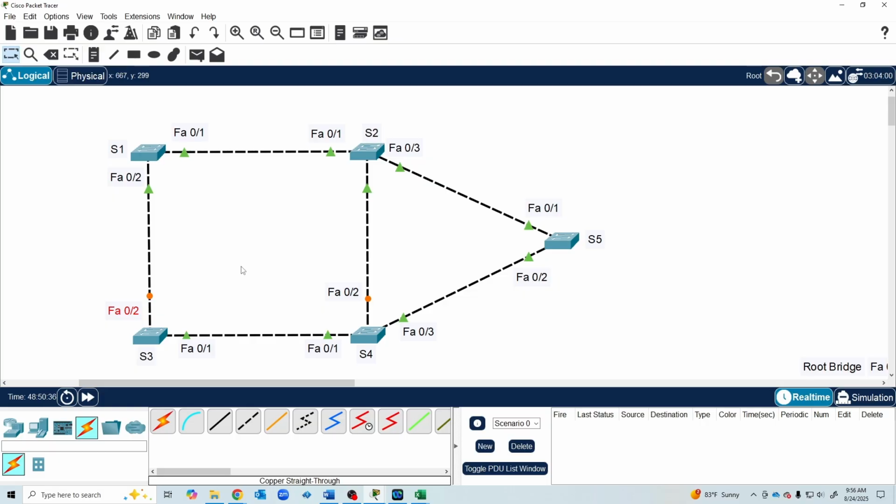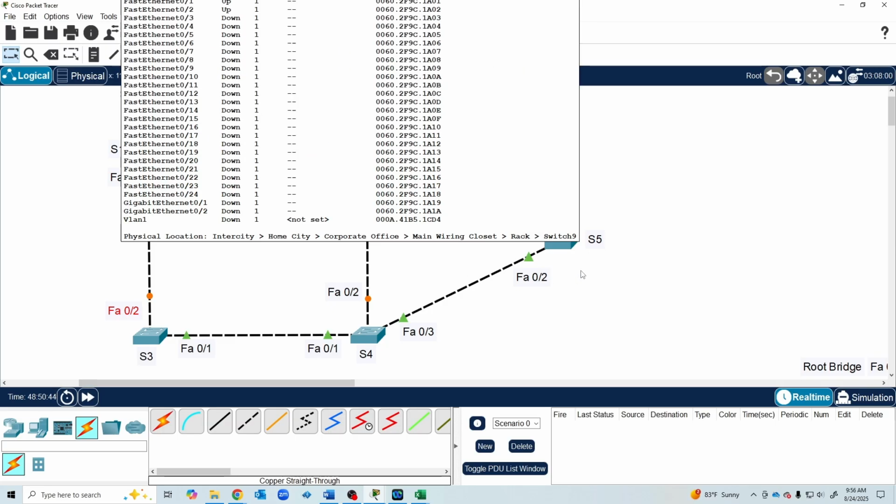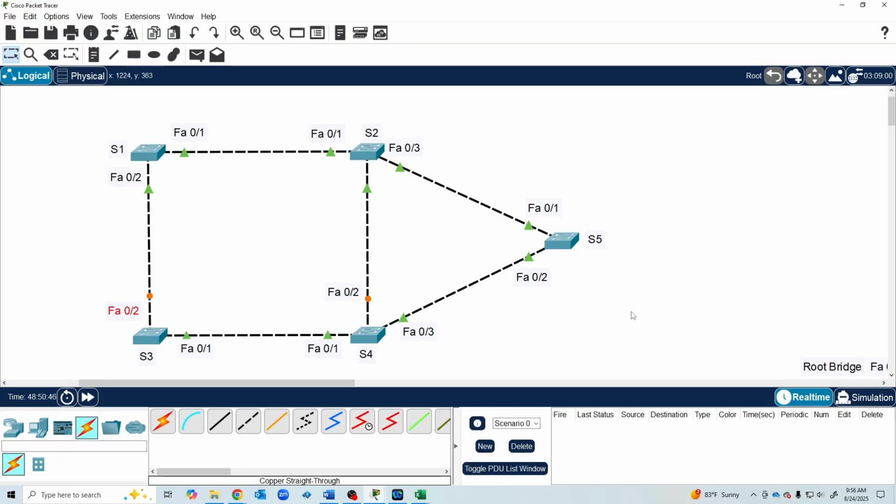We can influence that and we'll get into it, but if yours does not look like this, that's fine. In this example, S5 is my root bridge. The way I can tell is that if I look at this link between S4 and S2, if one of them were the root bridge, then this would be the best path to root between them. The same can be said over here. If S1 or S3 were the root bridge, then the best path to root for the other switch would be across this link. So, through the process of elimination, I can see that S5 is my root